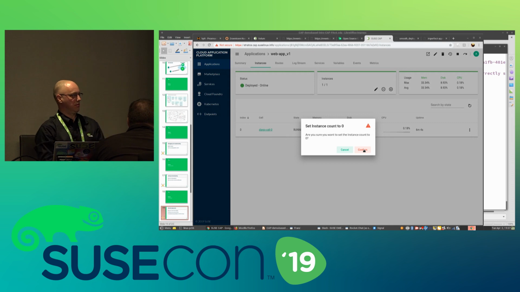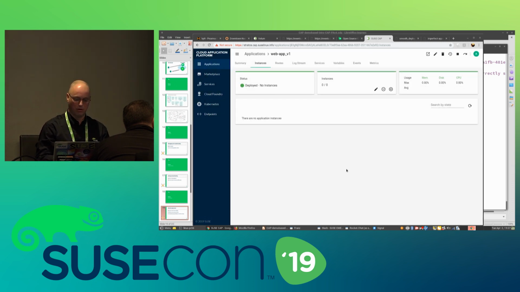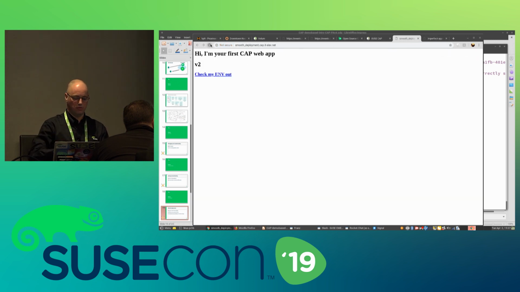As Stratus is rather smart, it asks me, are you really sure you want to kill the last instance of an application? That does not make sense from Stratus's perspective, but I confirm that's exactly what I'm going to do. So now everyone is killed, and every time I reload, I will get version 2. This is how simple it is to do smooth deployment using functionality in Stratus, or, sorry, in Cloud Foundry.